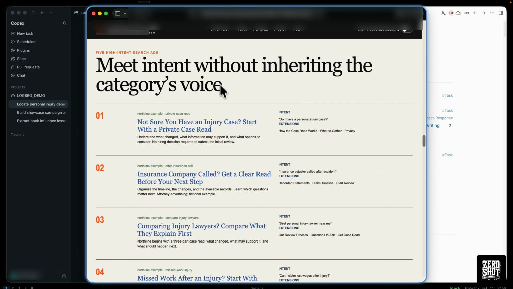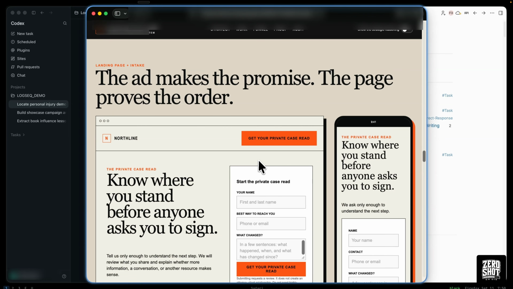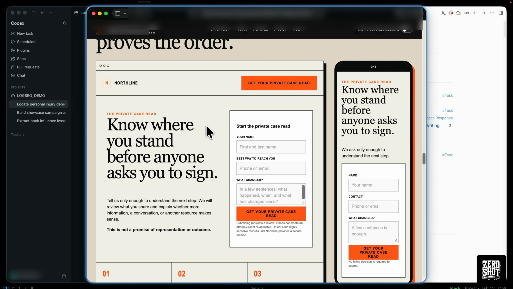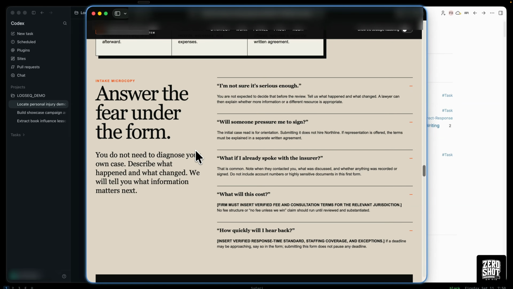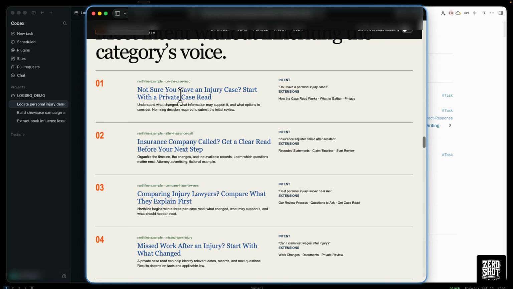Again, this is amazing. This is the only part I've been excited at all by. The ad makes the promise, the page proves the order, know where you stand. Okay, this is what we looked at earlier. Yeah, dude, this is exactly the idea I was going for. Show me the ad. Maybe this is how I would do it. I would say basically what I just said earlier about sourcing each book, but another layer of that would be give me page 1 is all of the ads exactly as we're seeing